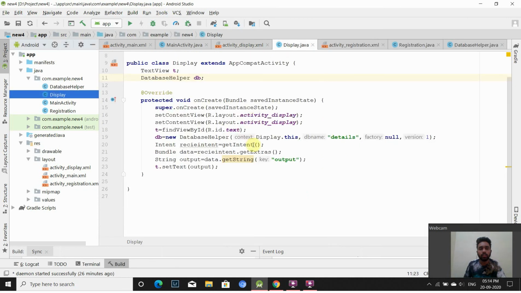So we are using this ID in this particular context, and we are giving this to a variable called t. Same, we are using db is equal to new database helper with our database name called details, and then we are taking an intent. So we are receiving an intent by using receive intent is equal to get intent. This is our function which will help us to get intent from other activities. Now we are using bundle data